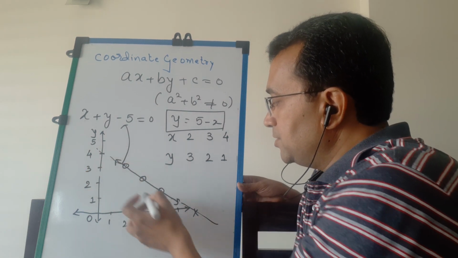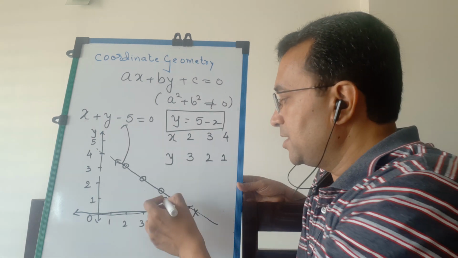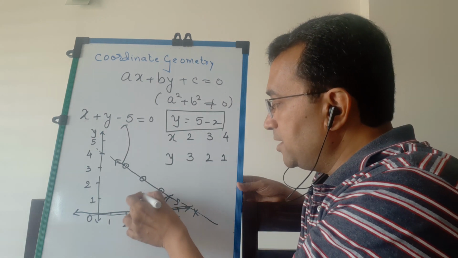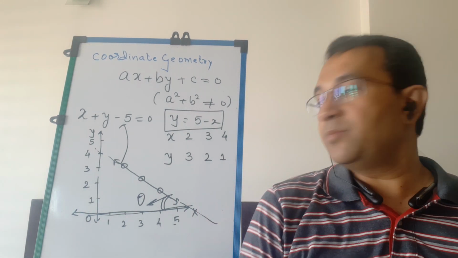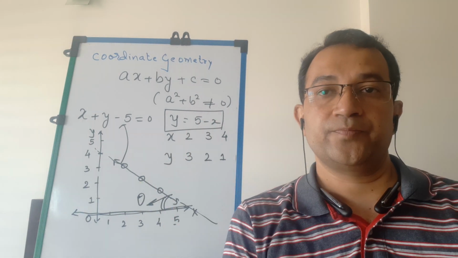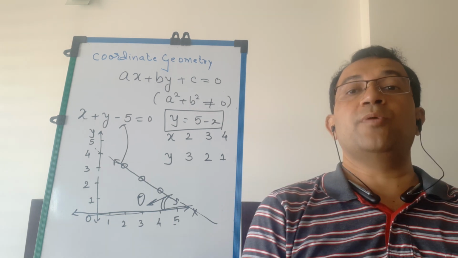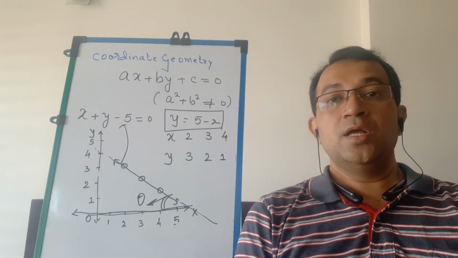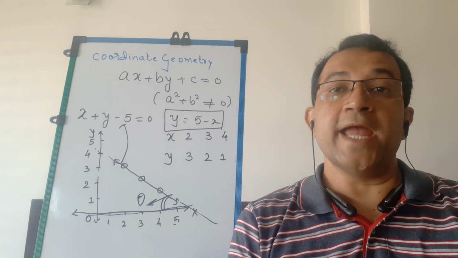like this, the line makes some angle with the horizontal axis, which is x-axis. And suppose this angle is theta. Now don't be allergic to the word theta. I am denoting the angle by theta. Then theta is instrumental in deciding slope of a line. So slope is always, students, concerned with respect to angle.